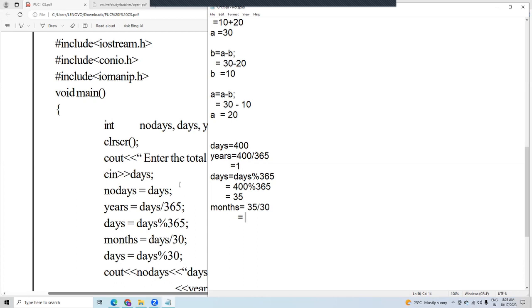The final quotient will be 1 point something, but as it is an integer, the decimal part will be discarded. Only the leftover quotient, 1, remains. That 1 will be assigned to months because months is an integer. And after that, days equals